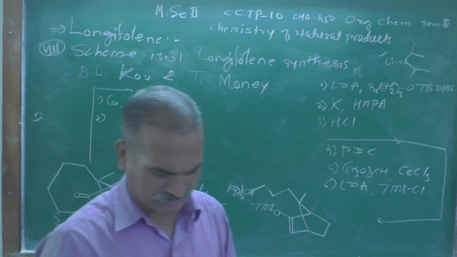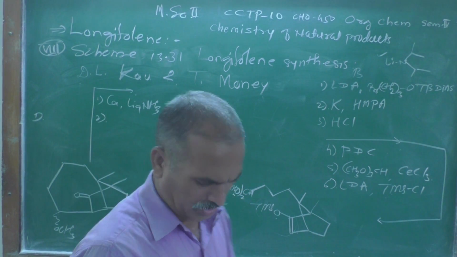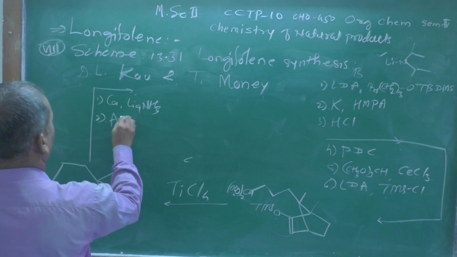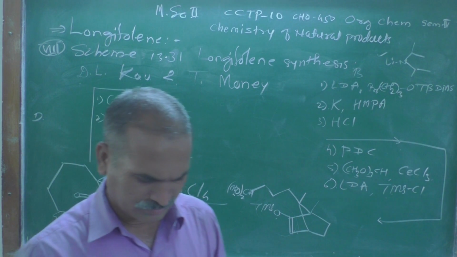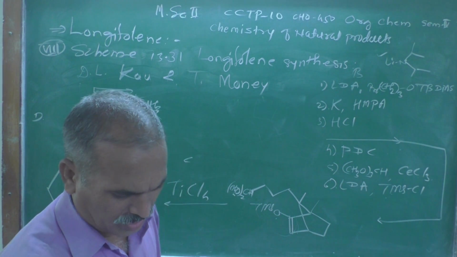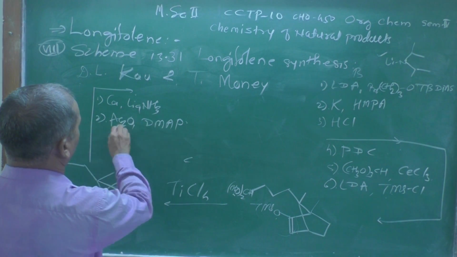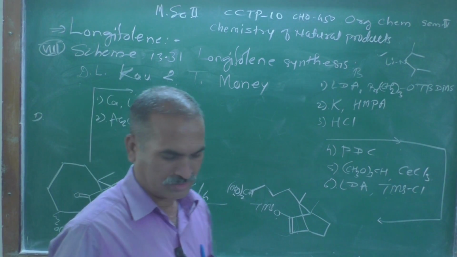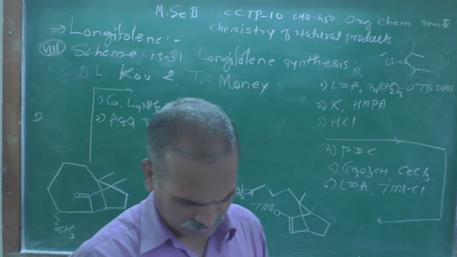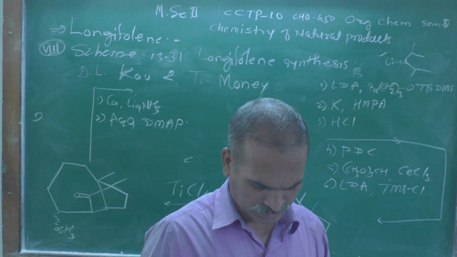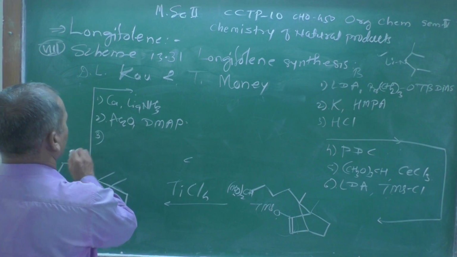Second reagent, we are adding acetic anhydride, Ac2O, in presence of DMAP. DMAP, acetic anhydride and dimethyl amino pyridine, that type of the compound. Then third one,